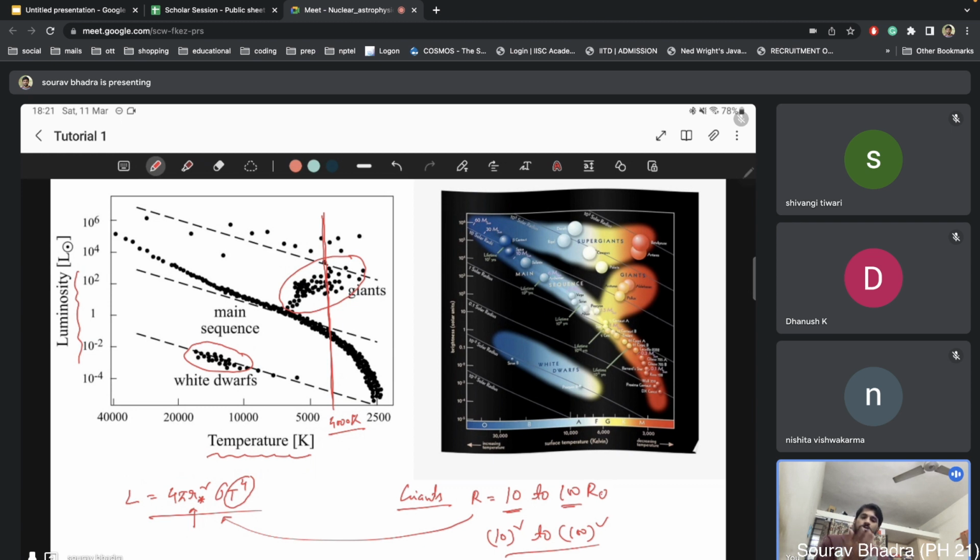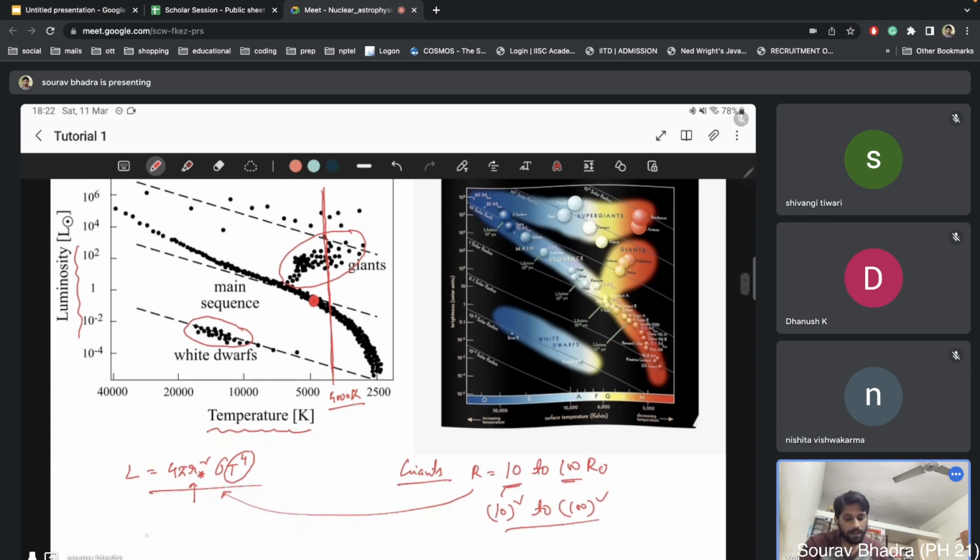The luminosity goes as radius square, so the luminosity will go as 10 square to 100 square, and will be very much higher than the sun. The position of the sun is generally in this region. This is the region where the sun is, and it is called the main sequence. Most of the stars follow this main sequence, and giants are above the main sequence because of their large radii. Similarly, for white dwarf,